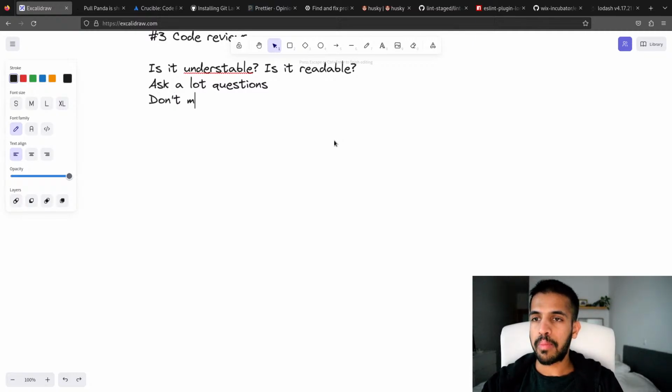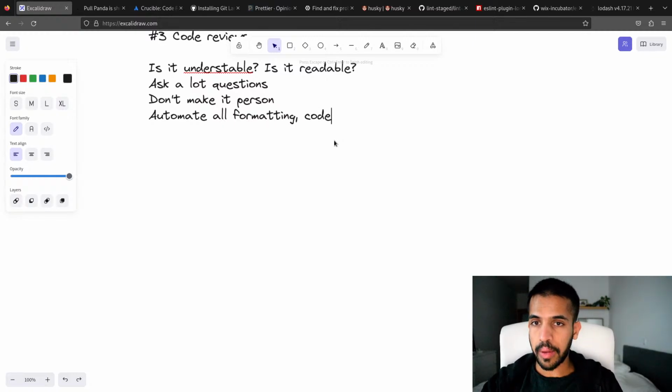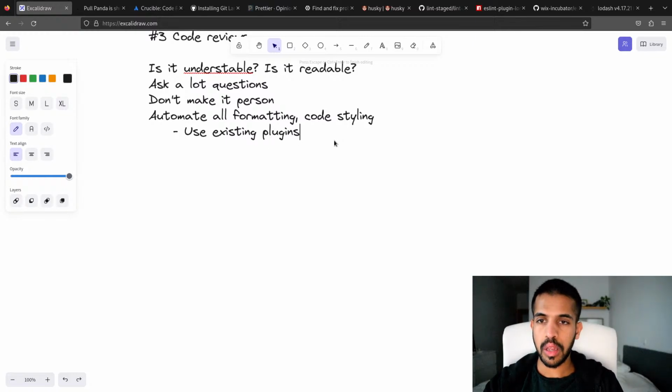Third is don't make it personal. And fourth is automate all formatting and code styling, either using existing plugins or writing your own.